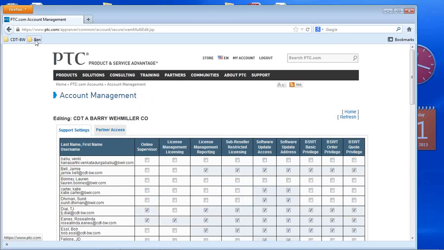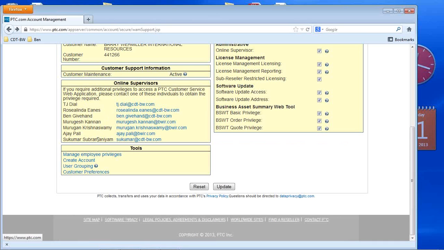The problem with this is if you are not the admin and you don't know who the admin is, which I run into a number of times, how do you become the admin? Before, you could just call PTC and say, hey, I want to become the admin, and it wasn't a big deal, and they would say, okay, these people are gone, no problem, we can make you the admin. Now, at least lately, if you want to become the admin, you have to send, email or mail in any form, PTC a letter with your company's letterhead on it